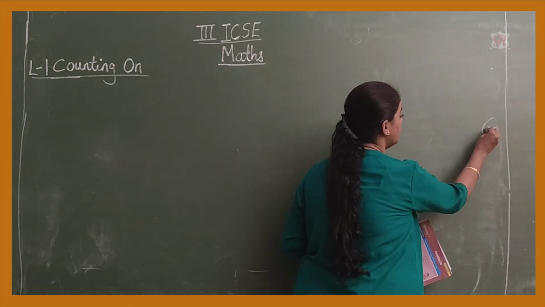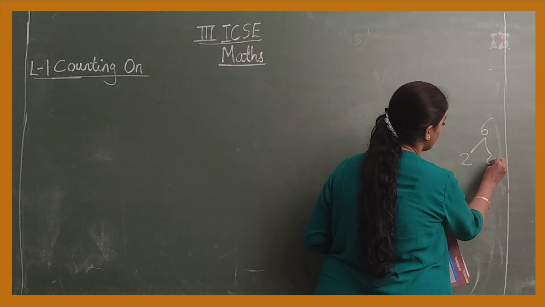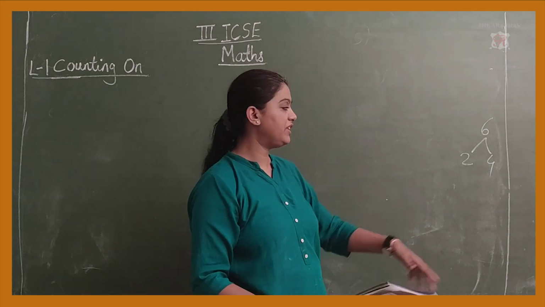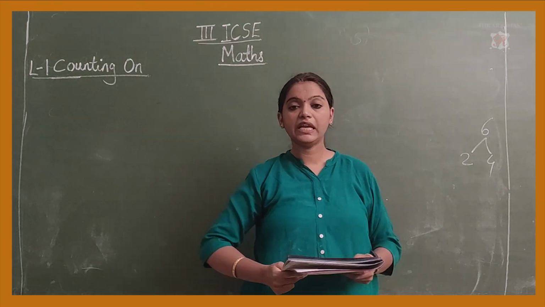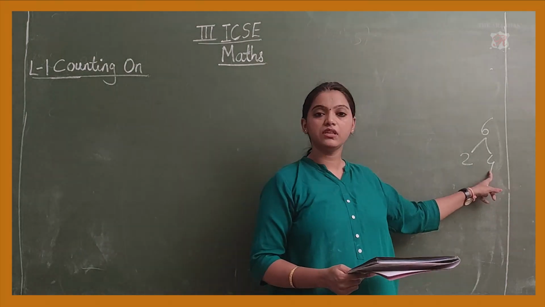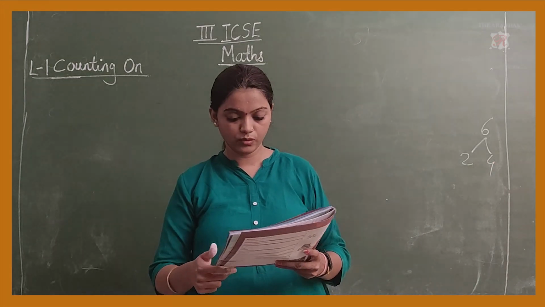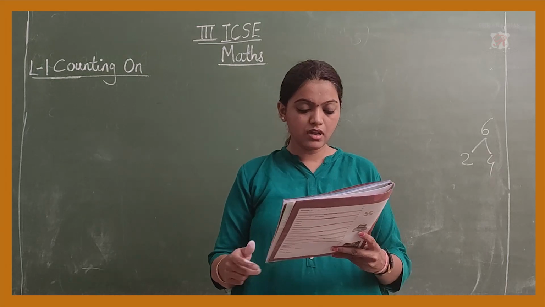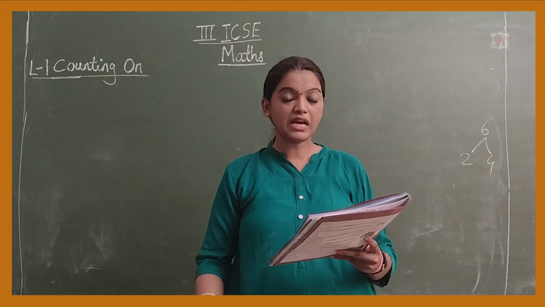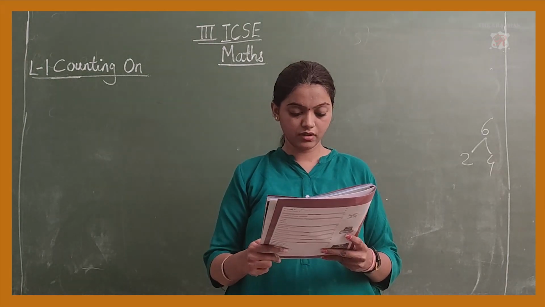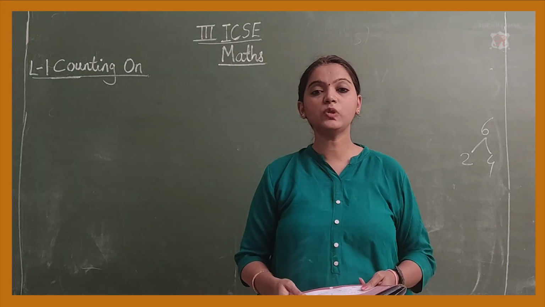They have distributed that. Split this 6 in such a way that 2 plus 4 becomes 6. So they have taken this 2 to make it 80. The last number left is 4. So 80 plus 4 becomes your 84. Okay. The next example, 56 plus 47. Okay. Over here again they have to split the number.